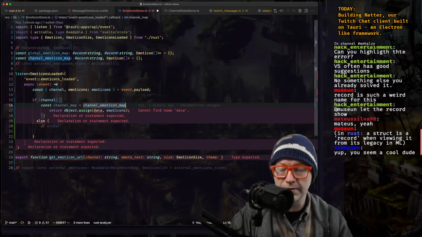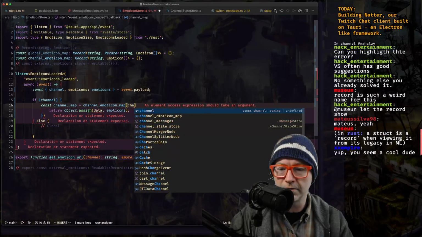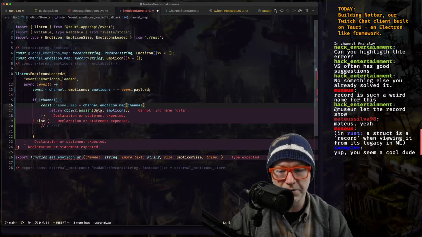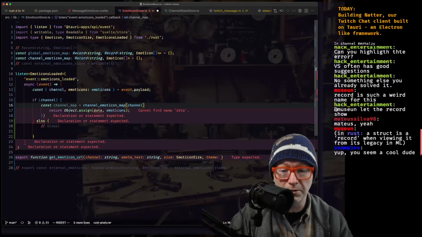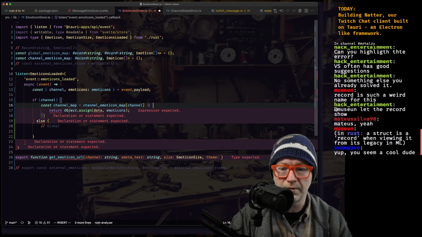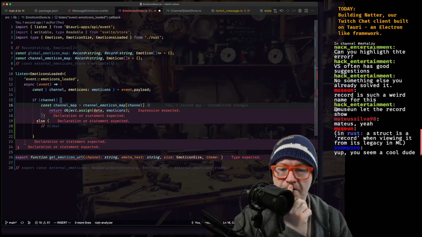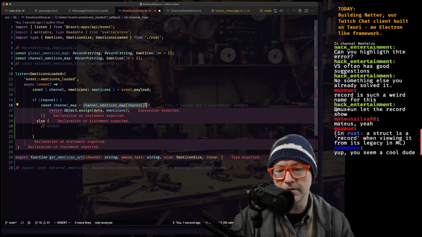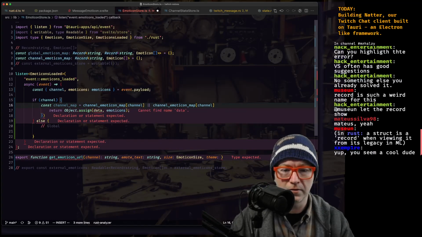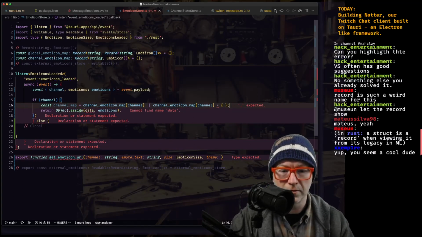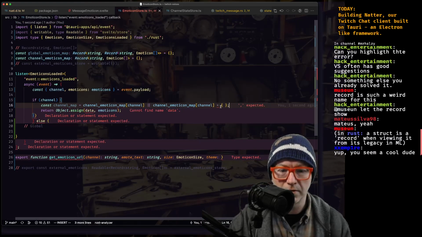And in this case, we're going to do a little bit of initialization. So it's either going to be that, or we'll assign to it. Oh, you're not going to let me do this?